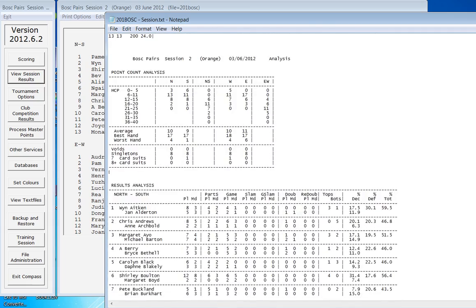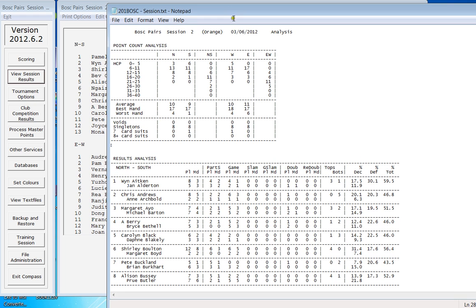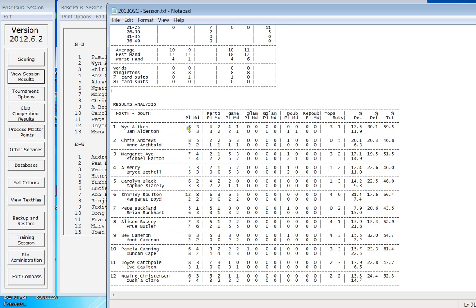One interesting thing is that we do have the analysis down here. The analysis just analyzes the type of hands or the point count of the hands that were played in the session. So for each of the players, north, south, and east, west, and then the combination of north, south, and east, west. And then it analyzes by player how many contracts they played and how many they made, whether they're part score, game or slam, whether they're doubled or redoubled, and then the number of top boards that each of these players